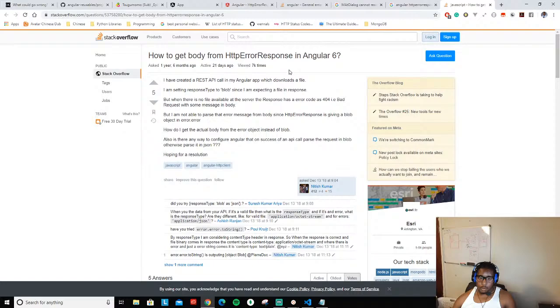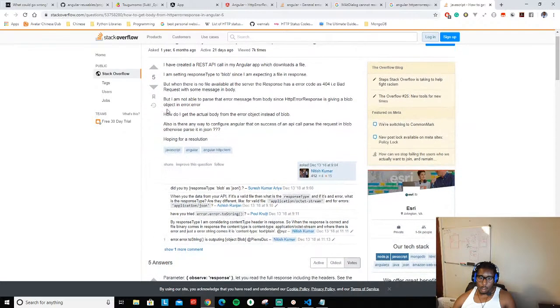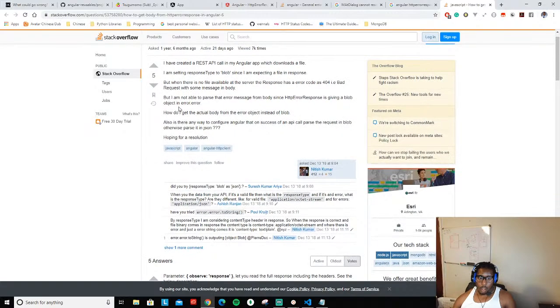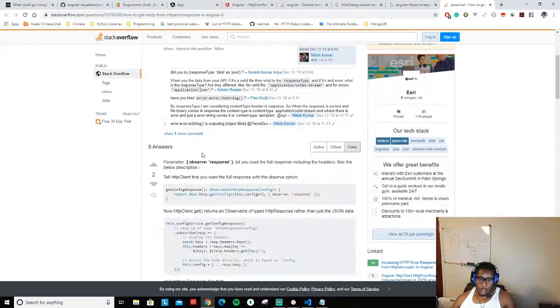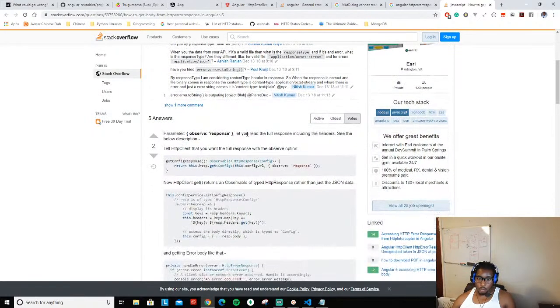Let's check this one. Pretty recipe, but when there's no file available, server may request, but I'm not able to parse that error message from body. HTTP errors giving a blob error. Yep, blob object. How do I get the actual body? Parameter observe response lets you read the full response, including the headers. And that might actually be what I need, because as of right now, when we look at the